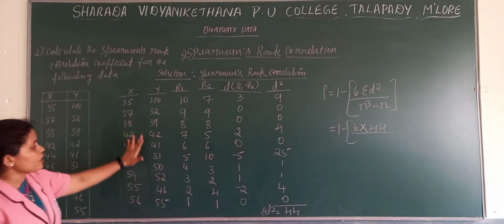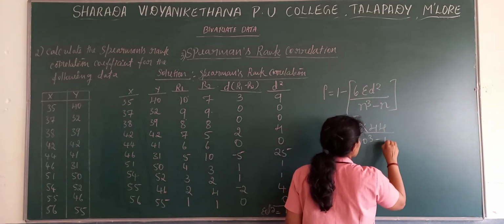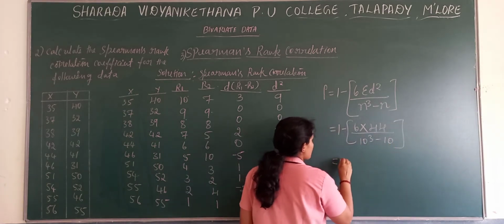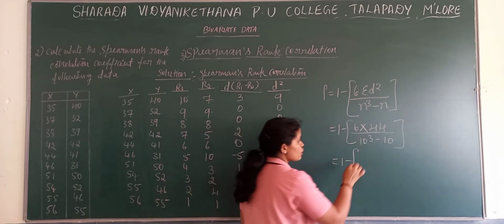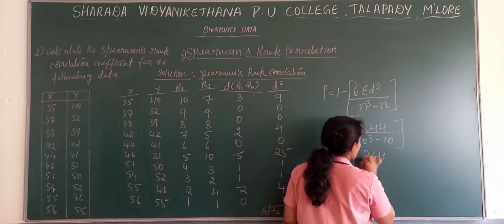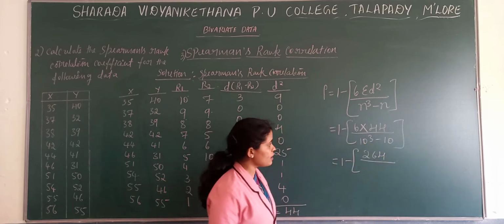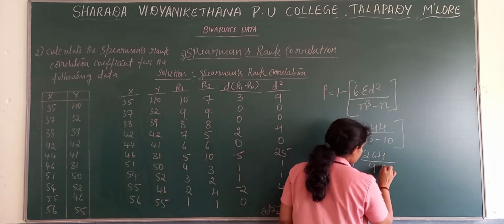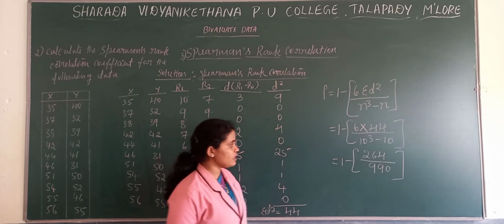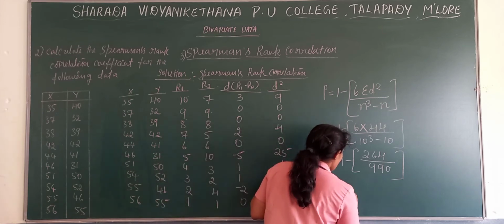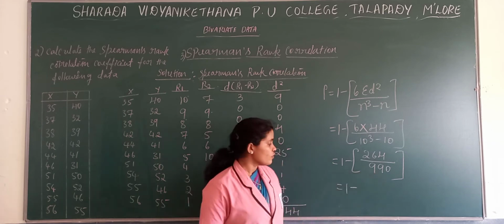We have 10 observations. So 10 cube minus 10. 1 minus 6 into 44, we get 264. 10 cube minus 10, we get 990. Then 1 minus 264 divided by 990, we get